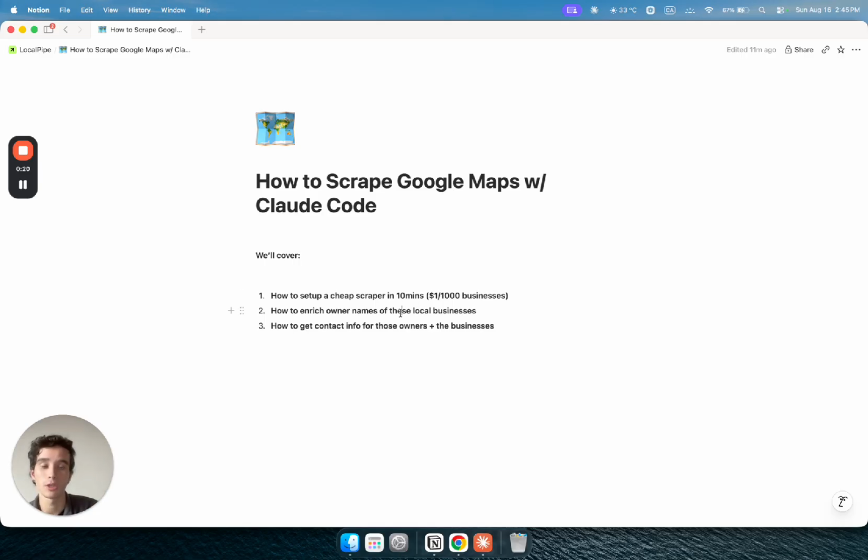And then we're also going to show you how to enrich owner names for those businesses. So let's say you scrape 10,000 trades businesses in the US. You want to find the business owner's name for each of those individual companies. You can pop it into this one API that we're using and basically get like 70% coverage on those owner names. So you're going to find verified owner names for like 70% of those businesses, which is a